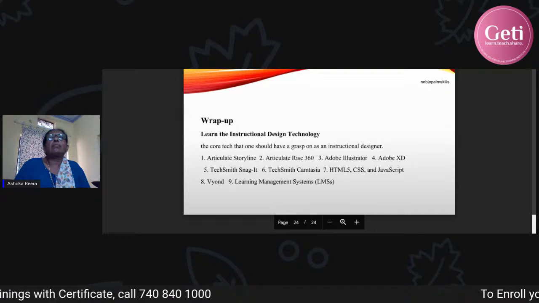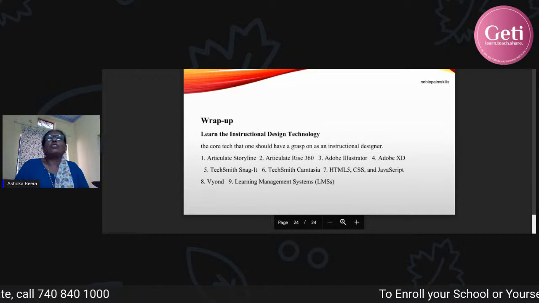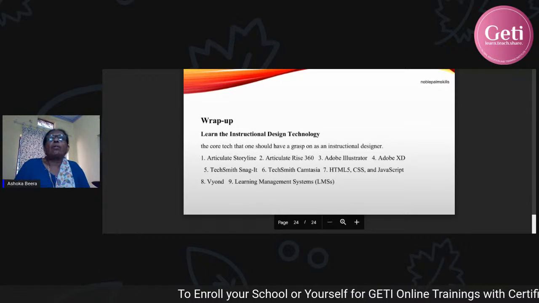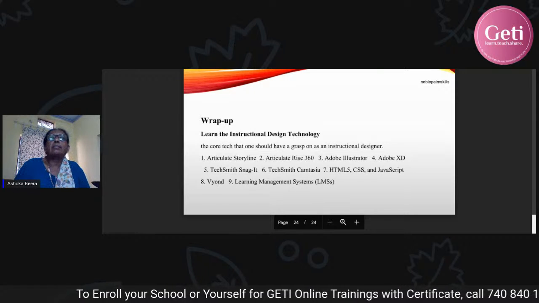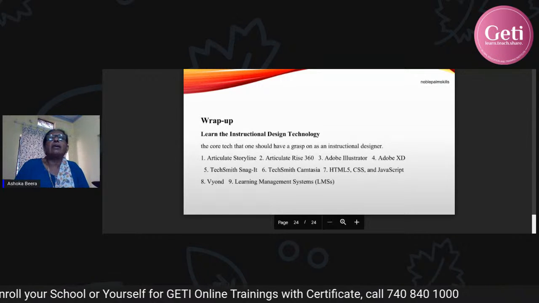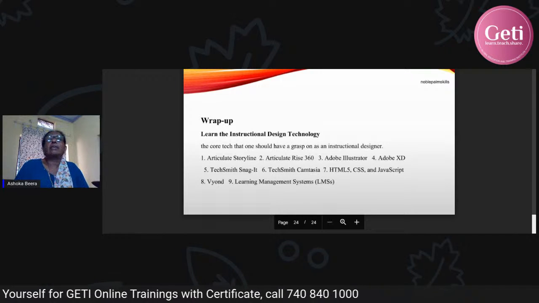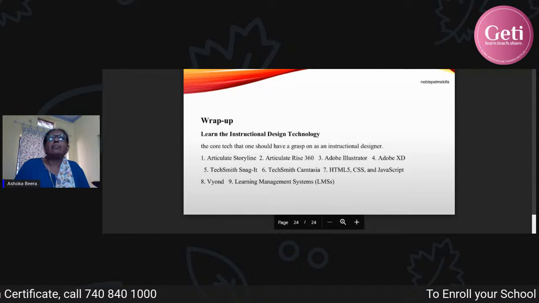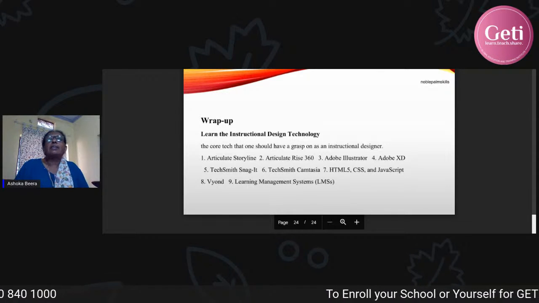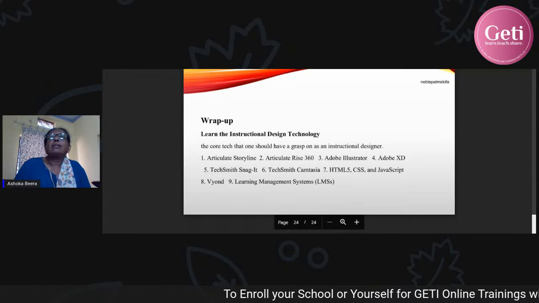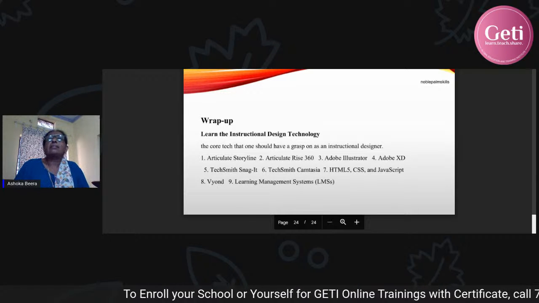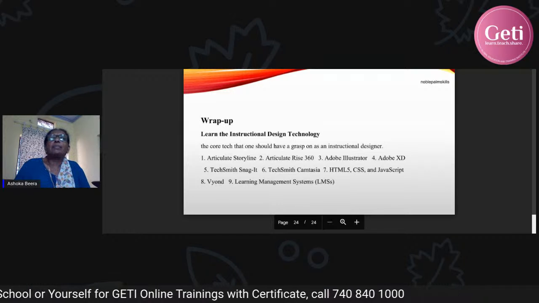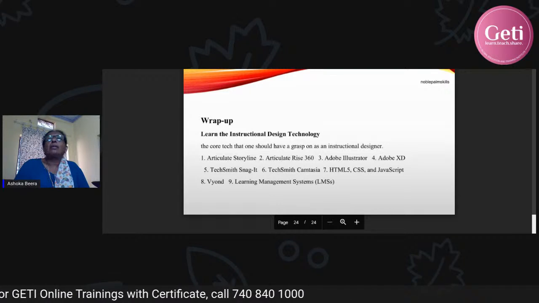The core tech that one should grasp as an instructional designer, these are all the techniques they'll have to learn and understand: Articulate Storyline, Articulate Rise 360, Adobe Illustrator, Adobe XD, TechSmith Snagit, TechSmith Camtasia, HTML, CSS, JavaScript, Vyond, and all the learning management systems, for example,